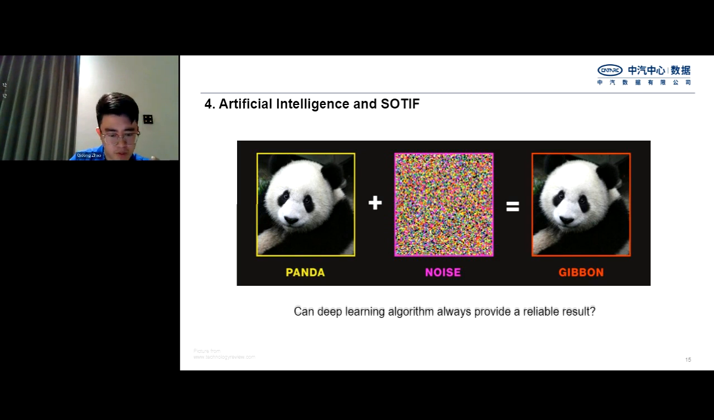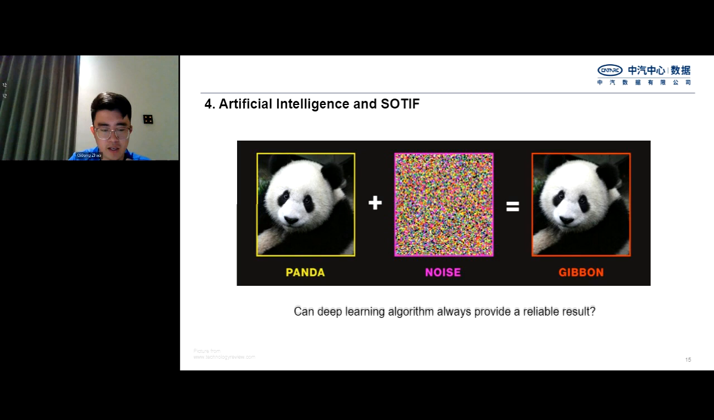So first is about the artificial intelligence and SOTIF. To human beings, no matter what kind of noise or layer you add on to the original picture, such as this panda on the left-hand side, in most cases we are able to figure out that the right-hand side is still a panda. But for different types of algorithms, after a series of training, they are able to tell that